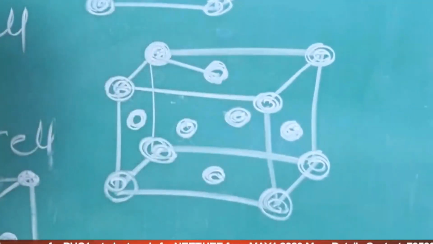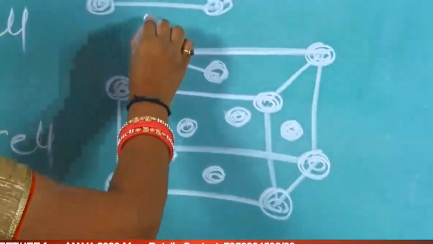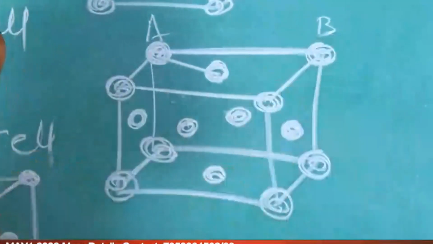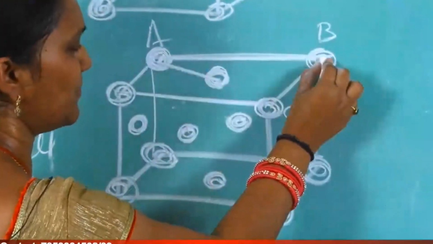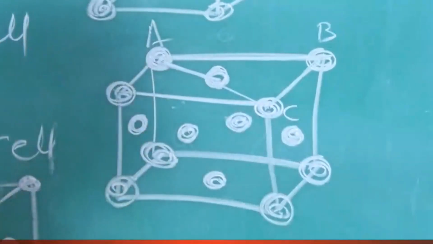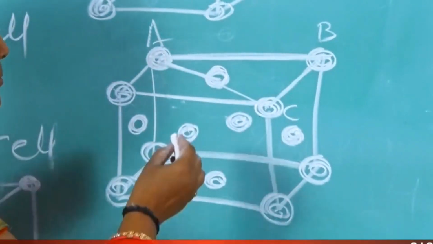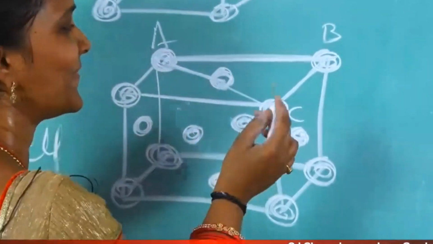To find this distance, make one triangle. For example, this length, in mathematics, this is A, this is B. For theory purposes also, we have to use it like this only. A, B, C: this is the AB length, this is the BC length, then this is AC. One triangle. Now, Pythagoras theorem. You know that, I think. What is the Pythagoras theorem?